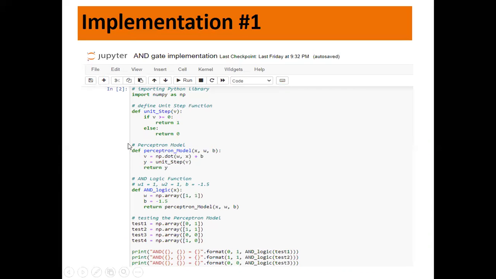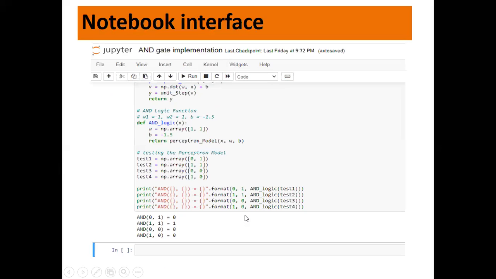What we have done here is implement an AND gate. I'll discuss all of these in detail in the next slide. This is just to show you the interface and how to execute it. Once you execute here, the output will be displayed here. The next code you can write here. Whenever you want to run your code, you keep your cursor in that particular block. See, these are the blocks. Keep it in that block and click on run, and it will get executed.